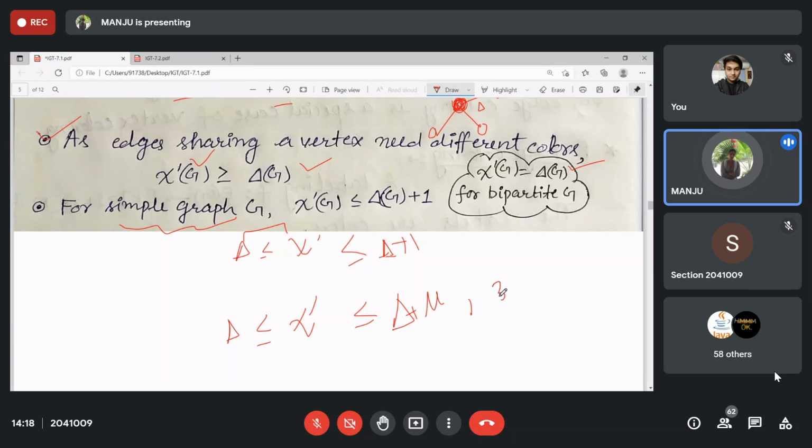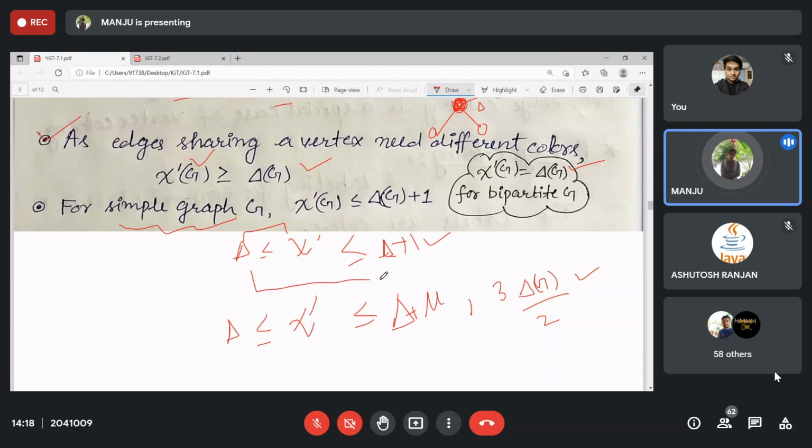One more thing we have done: this will also be at most 3 by 2 into delta. This is for a multigraph. And for a simple graph, the multiplicity is 1. That's why it is replaced by 1. And on the basis of this one only,